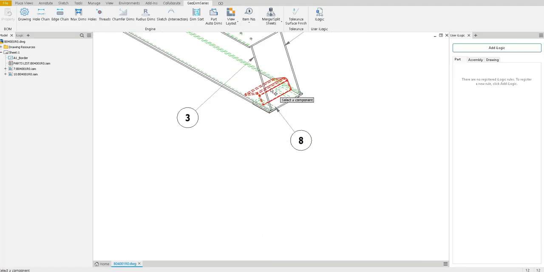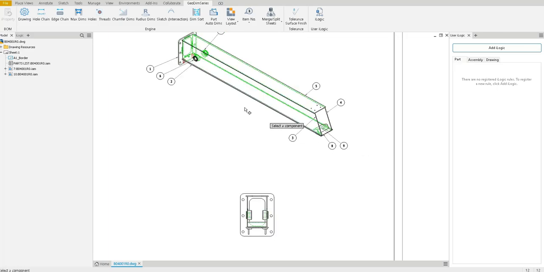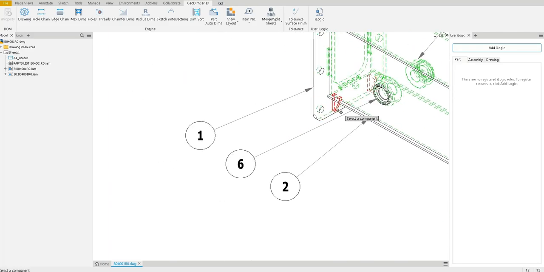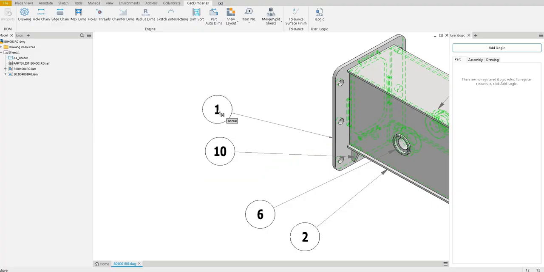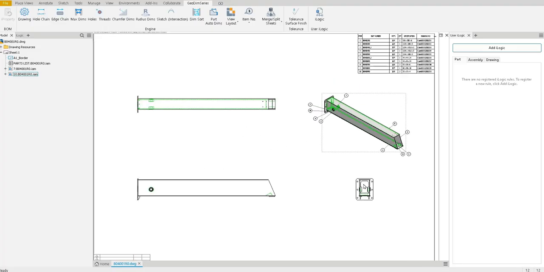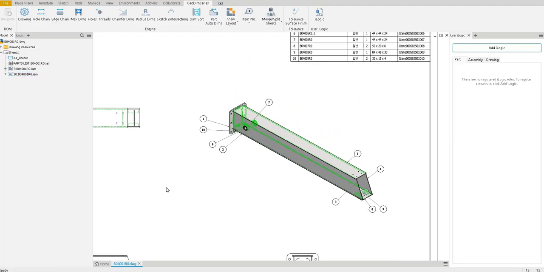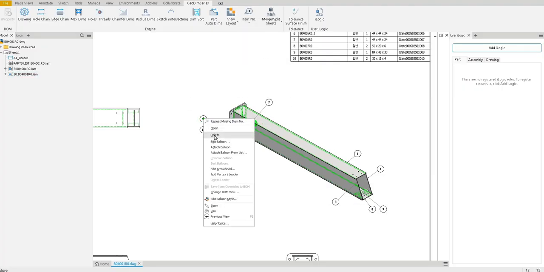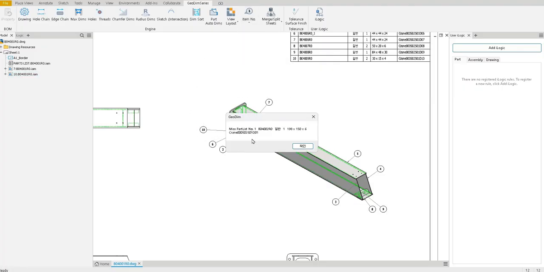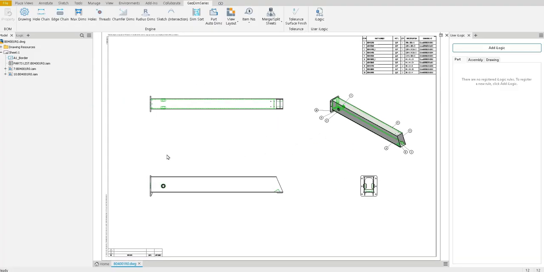So far, we have examined the main ribbon buttons of GeoDim Engine. Each button is designed to enable the fast and consistent processing of tasks required after drawing creation, such as dimensioning, dimension organization, view placement, part number management, and sheet management. By utilizing GeoDim Engine, you can reduce the time spent on repetitive drawing tasks and improve the quality of